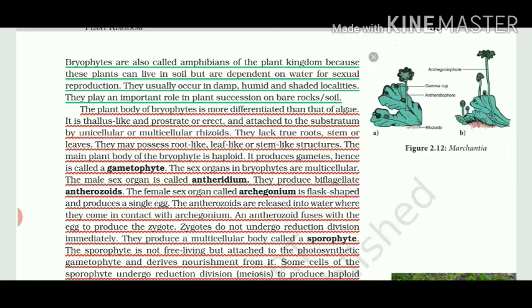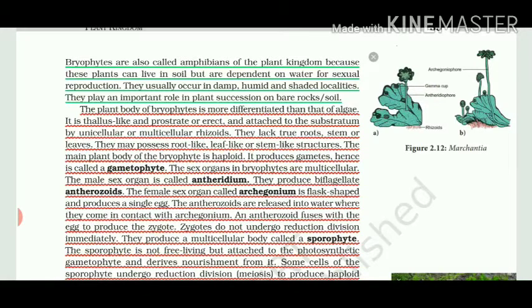Obviously, as in algae, even bryophytes do not have true roots, they do not have true stem, and they do not have true leaves. So, what is the meaning of true? True means like the angiosperms or the flowering plants, where taproot, fibrous root, venation leaves are there. But in these cases, these true vegetative parts are absent. But they contain root like rhizoids, leaf like frond, and stem like other parts such as stipe, and the main plant body is always haploid. This is very important and very new to you.